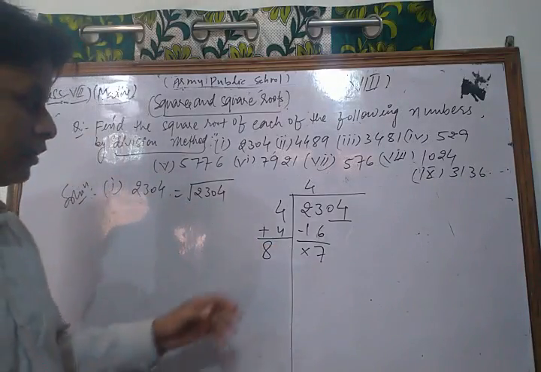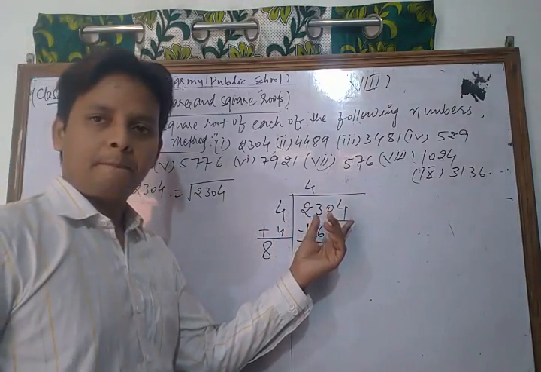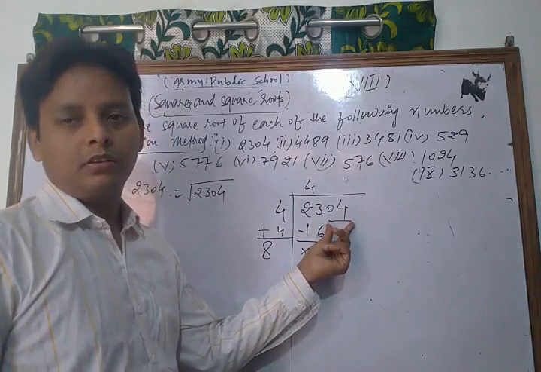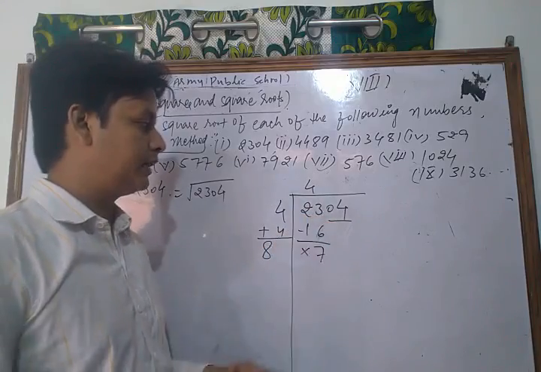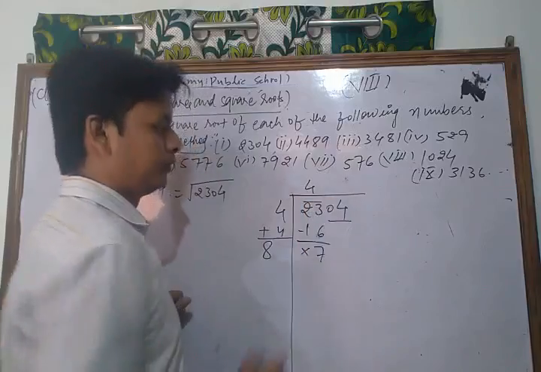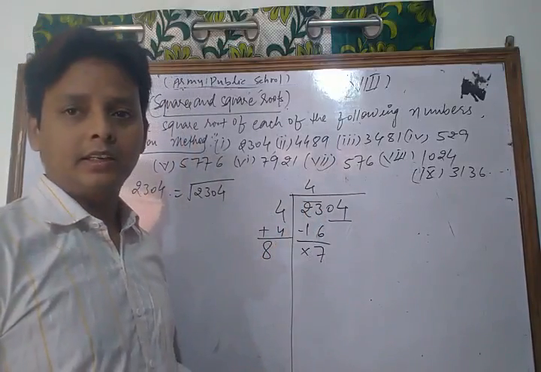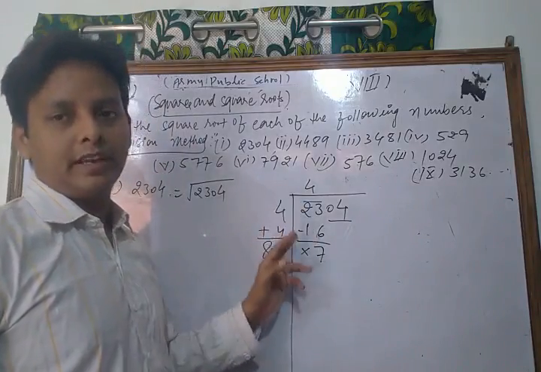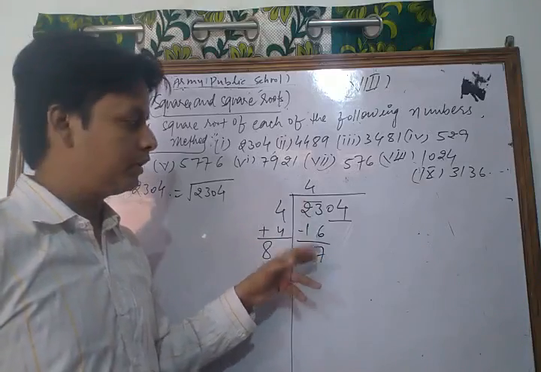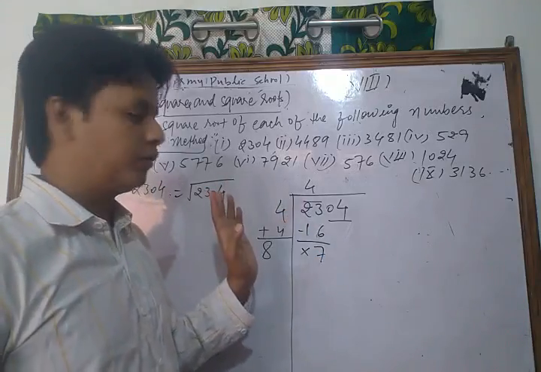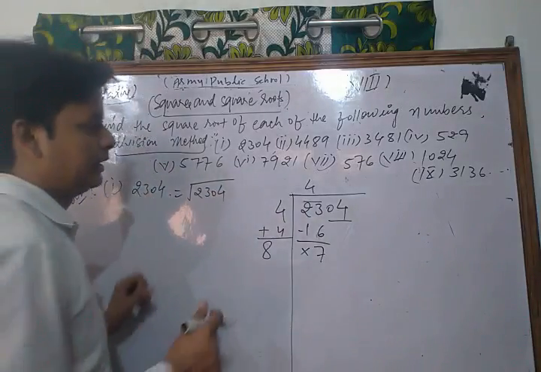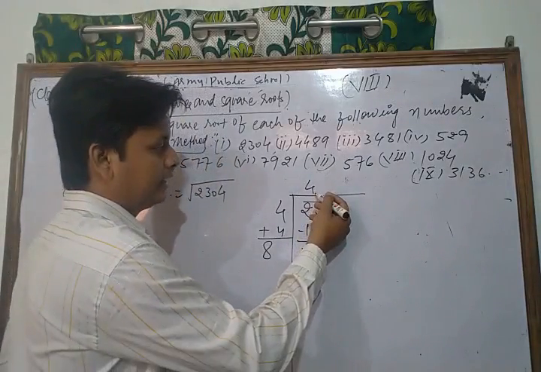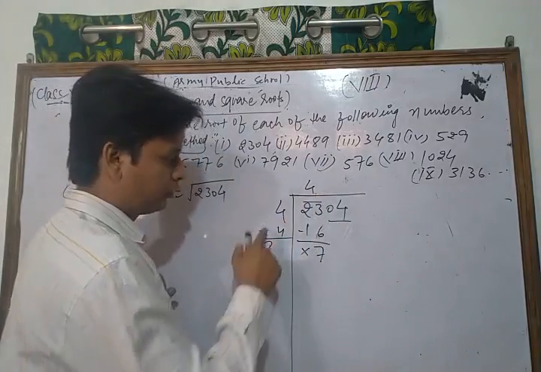Let's see once more time. First of all, we write the given number and form the pairs from the right side of that number. This is 04 and this is 23, another pair. So we take the first pair and we take the table. First of all, we check 2 times 2 is 4, 3 times 3 is 9, 4 times 4 is 16, 5 times 5 is 25. 25 is greater than 23, so we take 4. 4 times 4 is 16. After that, we subtract as in division, and then we add that quotient to the divisor: 4 plus 4 is 8.